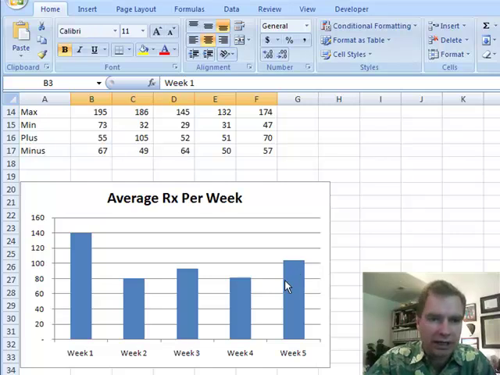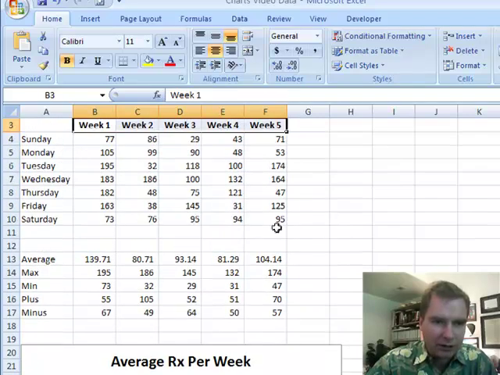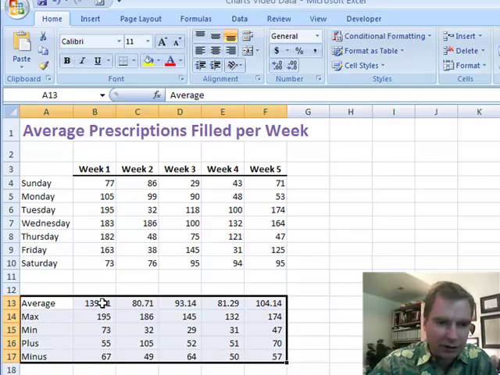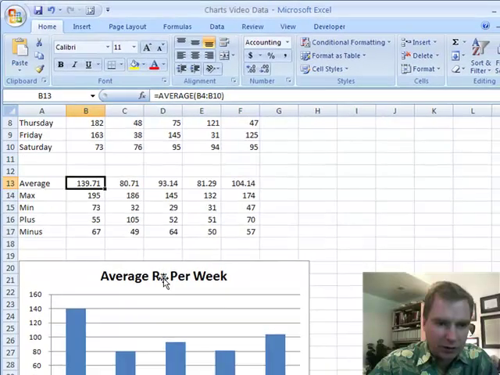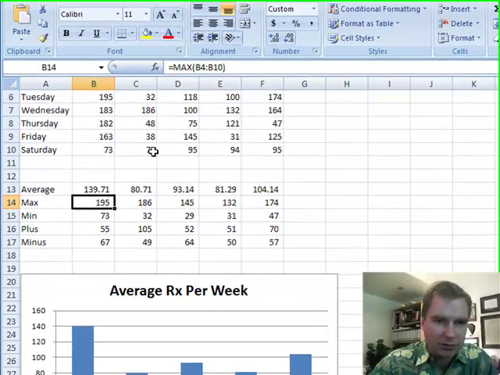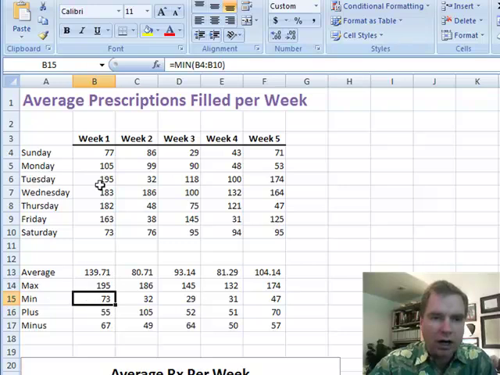What I want to show you today is a way to put a little bit more information on the same chart. What I've calculated down below here, I want to explain this section for a minute. First, I have the average. So when I'm doing average per week, there's that 139.7, the 80.71, the 93.14. That's what I'm charting, is this average right here. The other thing I've done is I've used a max formula. I said equals the max from B4 to B10, from C4 to C10, D4 all the way along, and a min. Give me the min from B4 to B10. So I know the total, I know the average, the high, and the low of my prescriptions filled for the